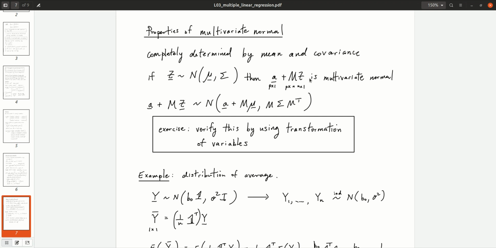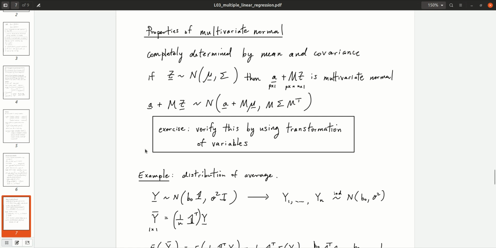And for that, we can just use what we learned a couple of slides back. So the mean vector of A plus Mz is going to be A plus M times the mean of z, which is mu. And the covariance matrix for A plus Mz is going to be M times sigma times M transpose, where sigma was the covariance matrix for the original vector z. So if you like, you can, as an exercise, verify that A plus Mz has a multivariate normal distribution with mean A plus M mu and covariance M sigma M transpose by using the transformation of variables formula for joint